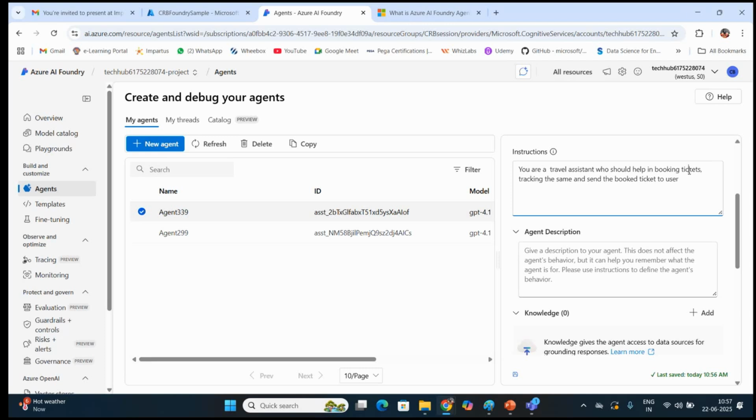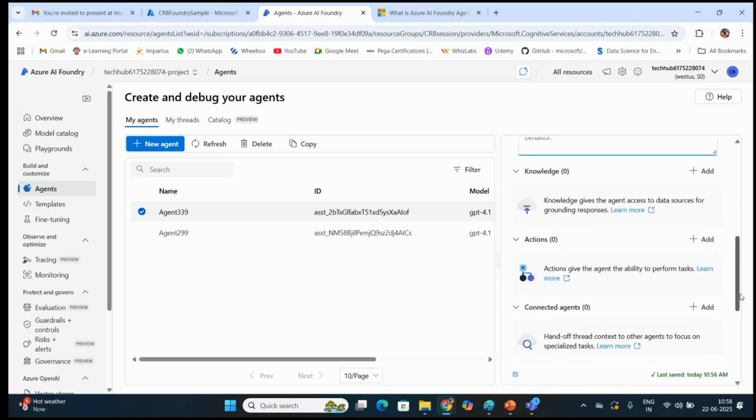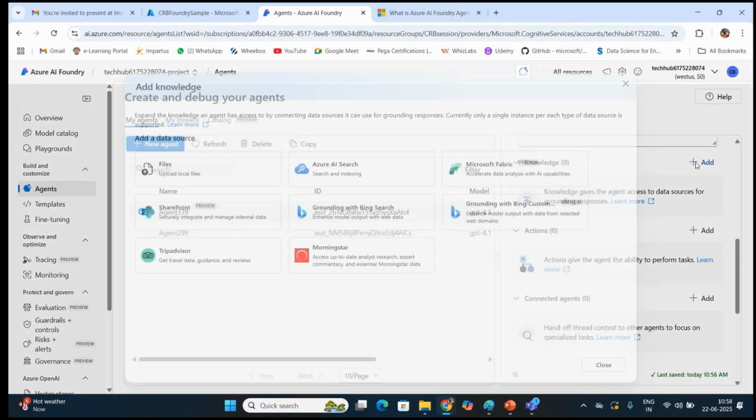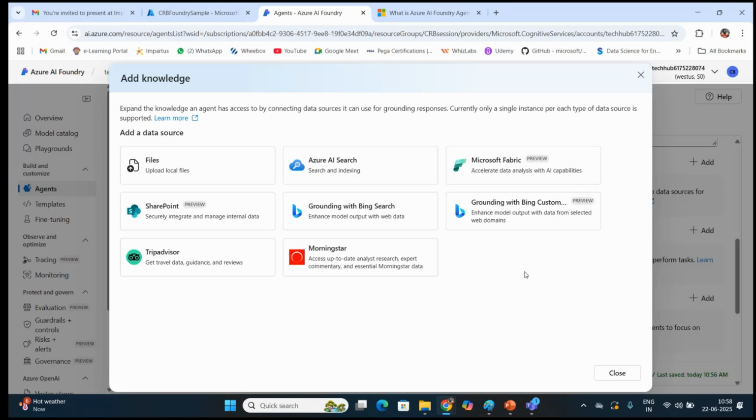And once your details are given here, in an elaborated way, you would then give knowledge, which is added to your data here. The knowledge can either be uploaded, or added as an AI search service. And then Fabric can also be connected.